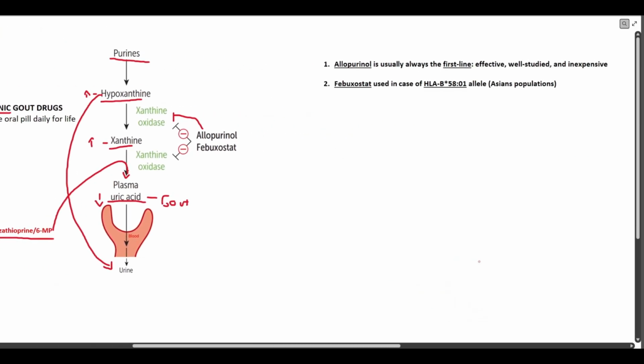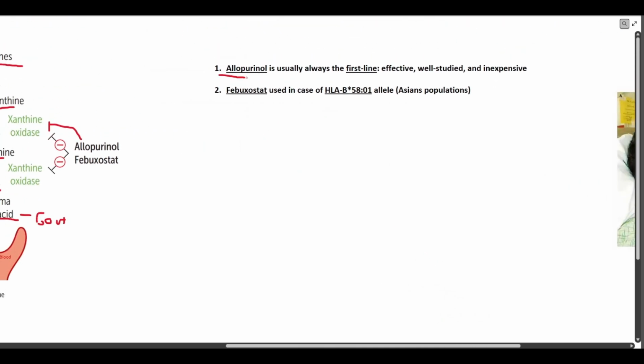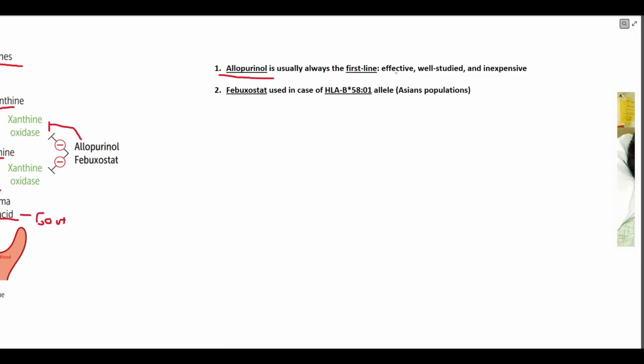Another important note you should know between these two drugs is that allopurinol is always considered the first line. This is because it's effective, it's well studied, and it's cheap. Febuxostat is used as an alternative in many situations, but the most important and most common situation where febuxostat has to be used as an alternative is in the case of the presence of this gene in your patient,